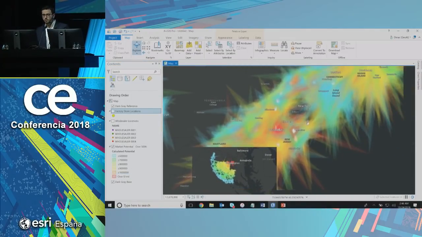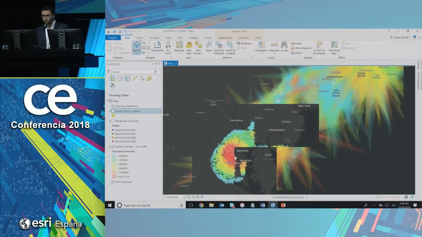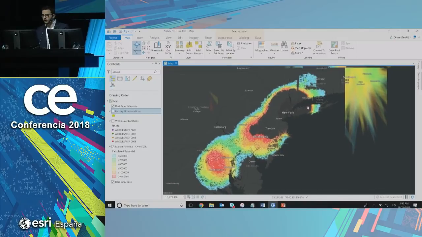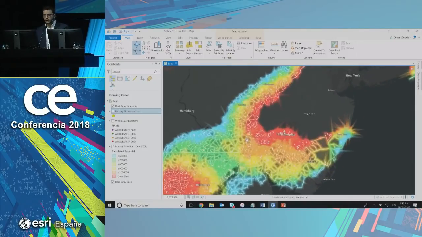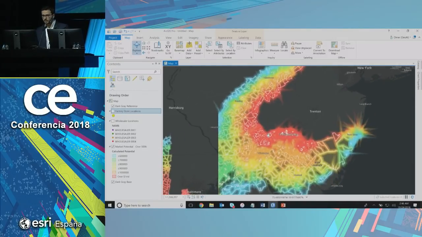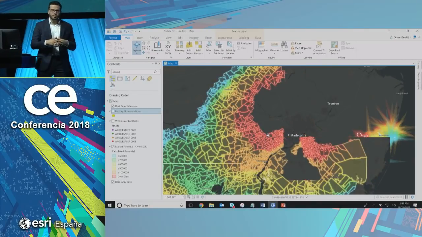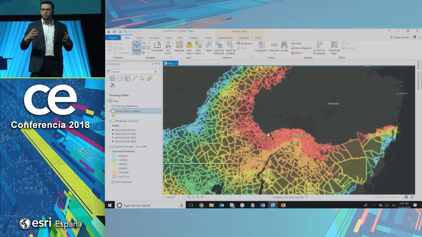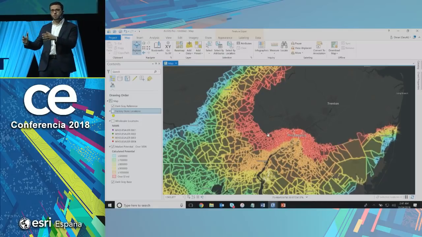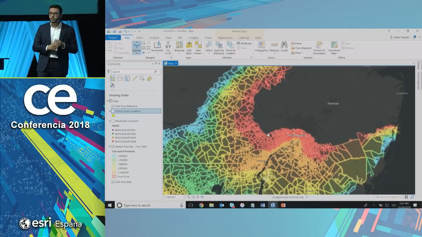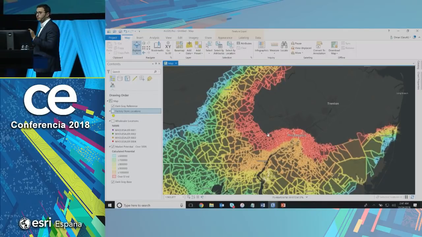We can see that the East Coast has a lot of potential. And we can see that those red areas, actually in Baltimore, in Philadelphia, and in some other cities and countries, can have huge potential as well. So can you think about the potential of that? If you are a retailer or a bank, and you have a lot of historical sales data, if you add this to our data and start using machine learning, you can have something like that. You can understand where are the best areas that would affect your business the most.